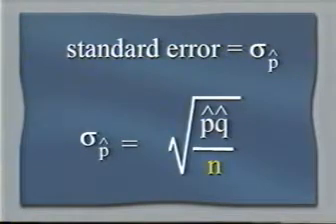Obviously, the one thing we definitely can control, if we might not want to change the level of confidence, is the sample size, because the sigma p hat has an n in the denominator. Making n larger makes the fraction smaller. We cannot control the p hat and q hat. That is what we obtain from our sample, but we can increase the sample size.